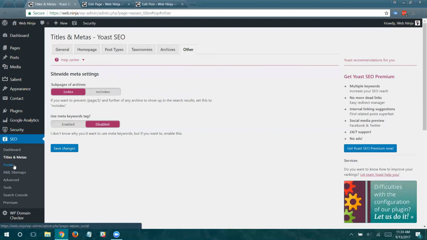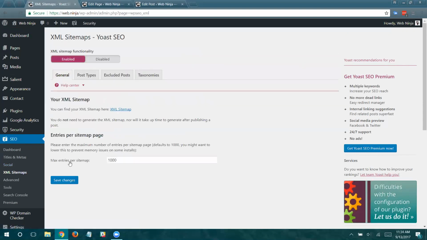We have social settings, XML sitemaps. Sitemaps are really important because this is a web type of structure that you send to the search engine so that they can see what is the web that they're creating here? What are the keywords and phrases that they're trying to focus on the most?